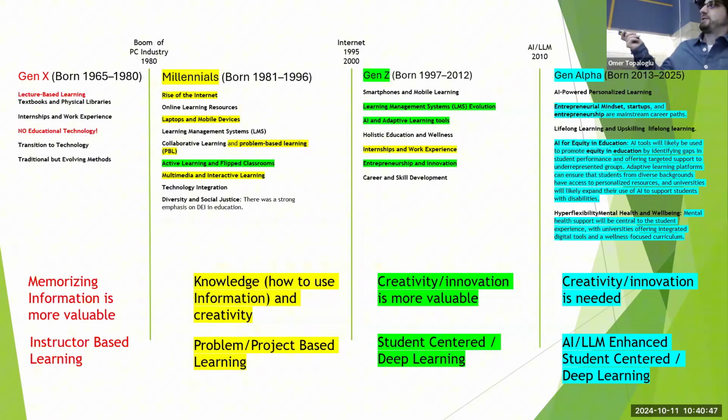So that's much easier. So that's why actually we switch from instructor-based learning to project-based learning, and then we switch to student-centered learning. And then for Gen Alpha, we need to switch from student-centered learning to deep learning. Deep learning, the difference between deep learning and student-centered classroom is, actually, it is more or less the same thing, but the main importance here is,